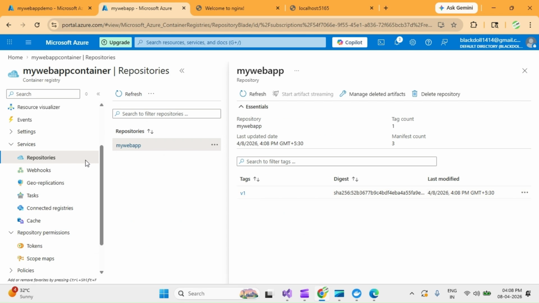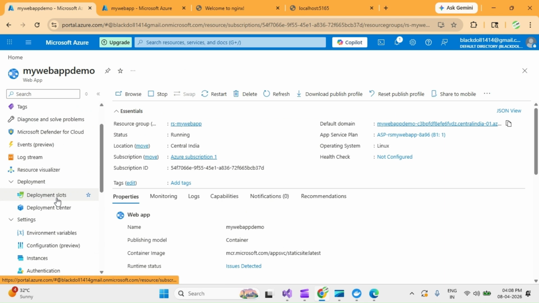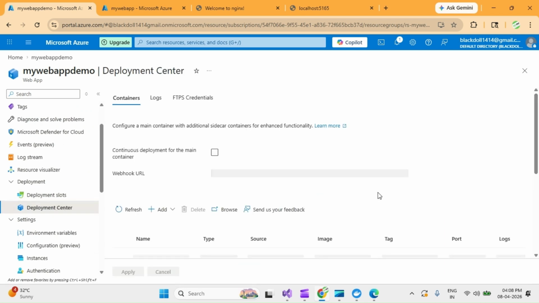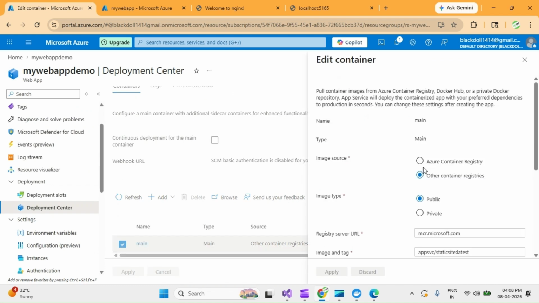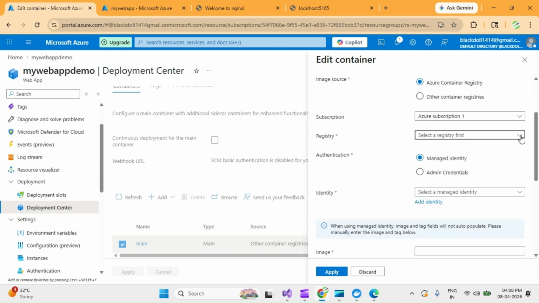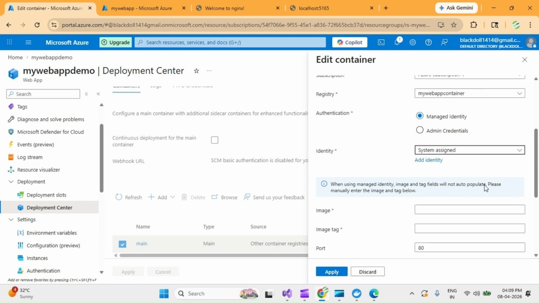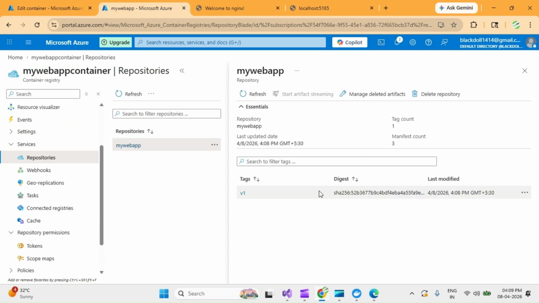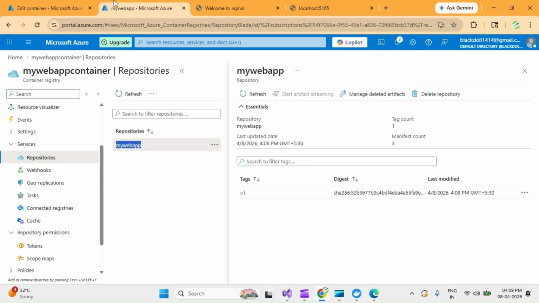Now I am going to my web app demo, then go to the deployment center. Now go to the main, just change your Azure Container Registry, then choose my container, then select use system assign, then image name. The image name is my web app, then the tag is v1